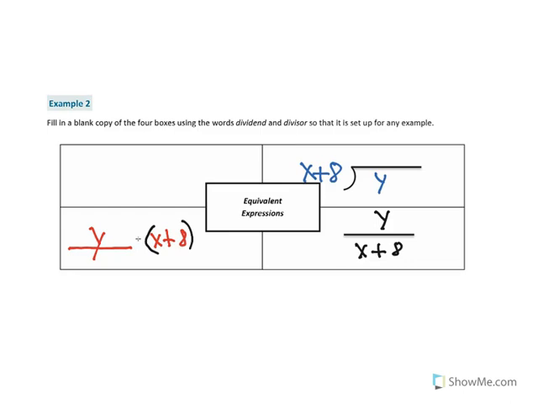So our last one is our words. And so how can we say this? We're not going to use quotient this time, we're just going to use divided by. Okay? So we would start with y divided by, and we don't just say x plus 8. We have to say either the quantity of x and 8 or the sum of x and 8. I'm going to go with the sum,